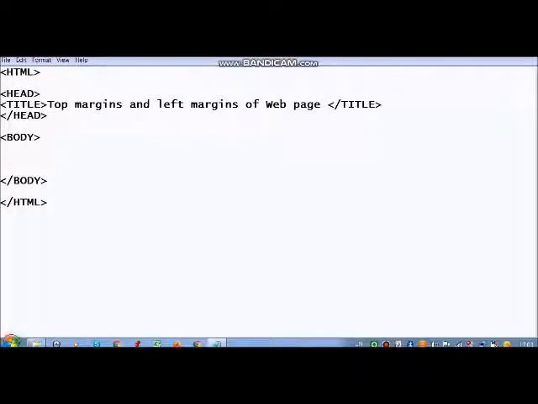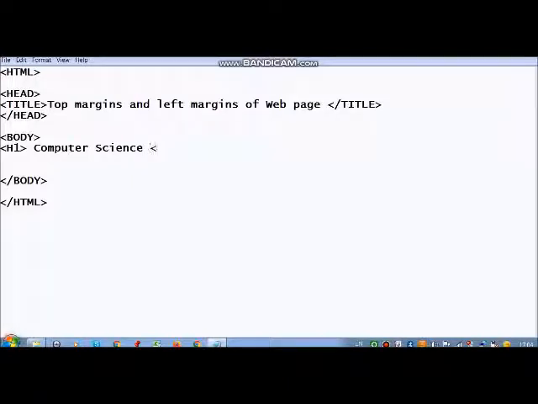Suppose I am going to write something here, like I am going to write with the h1 tag, that is heading 1, and I am writing here, say for example, computer science.